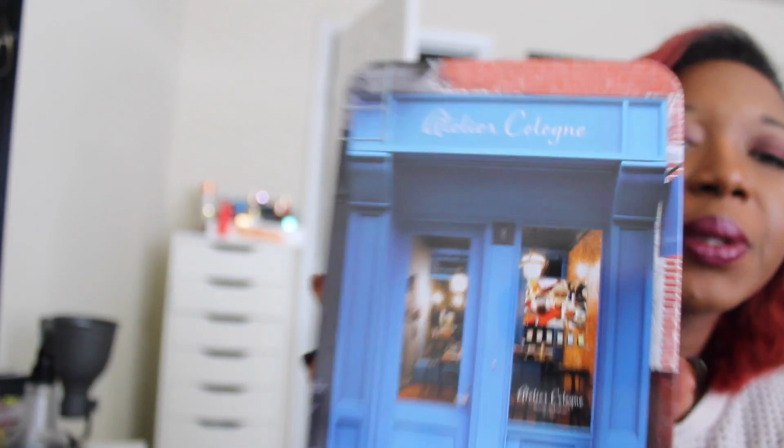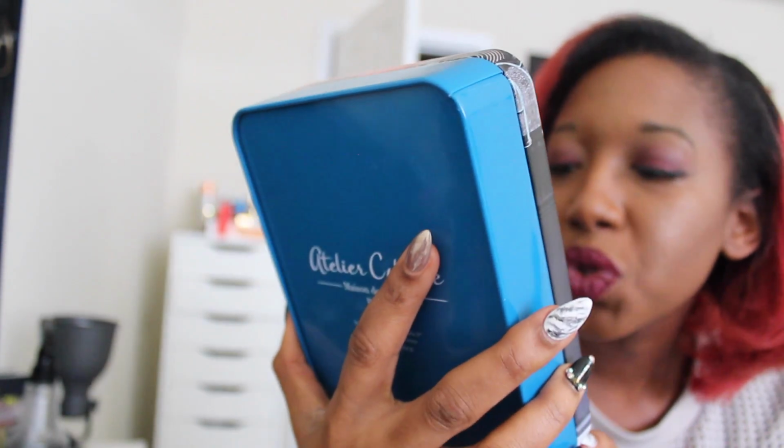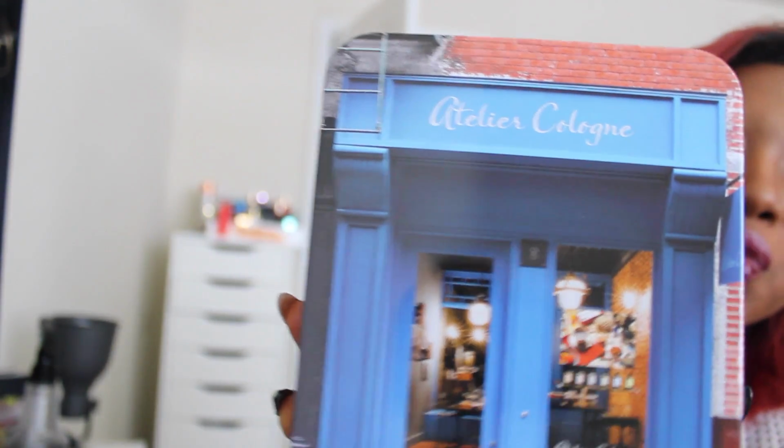Alright, so it comes in this cute little tin, and it shows you a little storefront, the Atelier Cologne. Okay, so let me just read the card to you. So you get this cute little postcard, and it says,